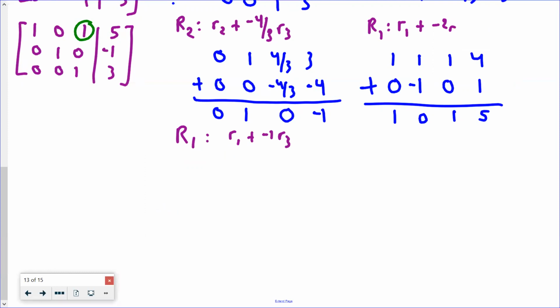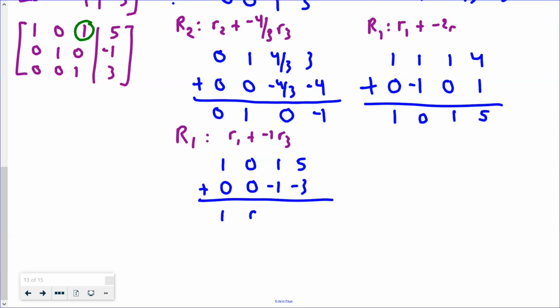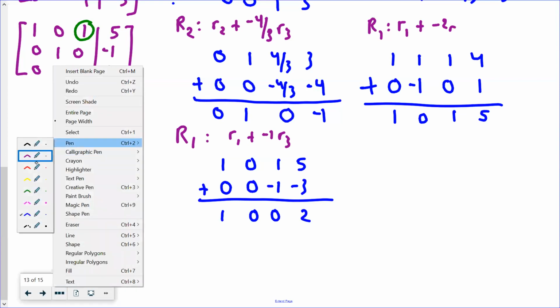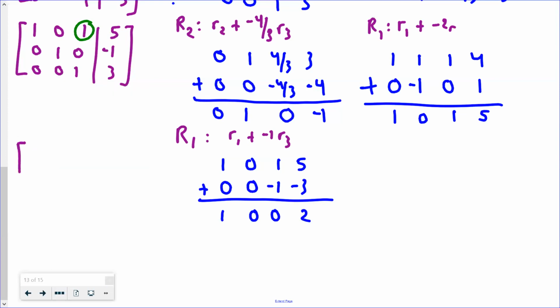Okay, so the row 1 right now is 1, 0, 1, 5. And then I'm going to do a negative, so 0, 0, -1, -3. So I get 1, 0, 0, 2. So now I can write out my finalized matrix. It is in reduced row echelon form,